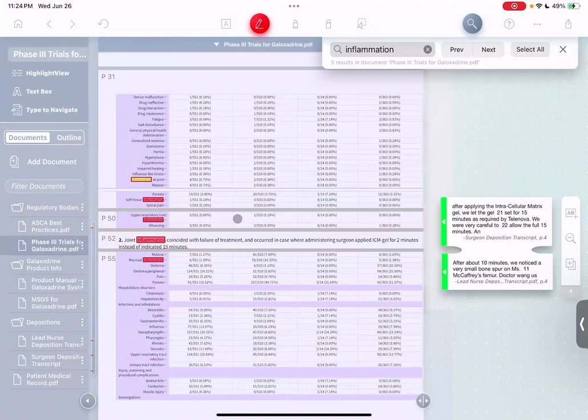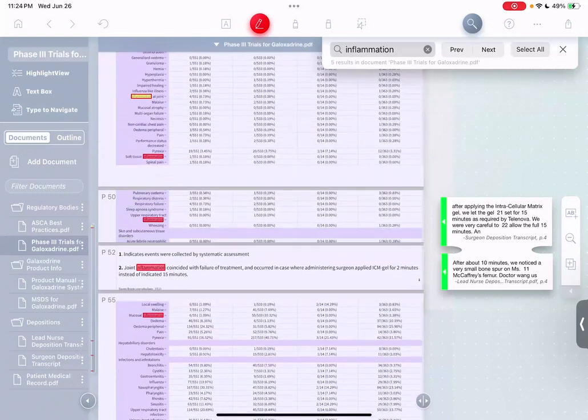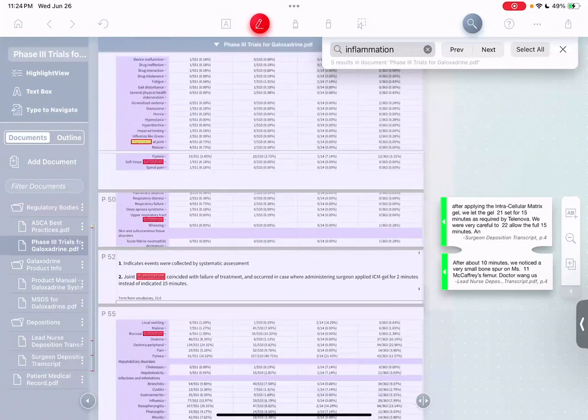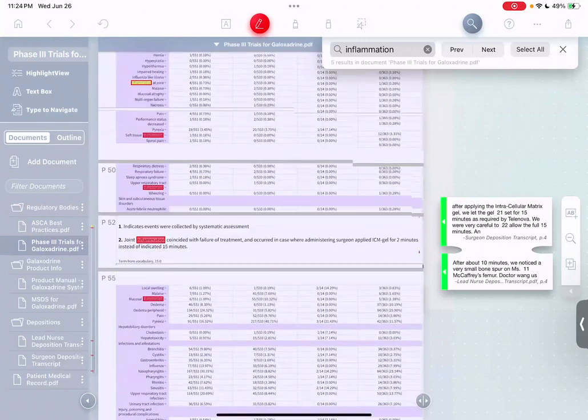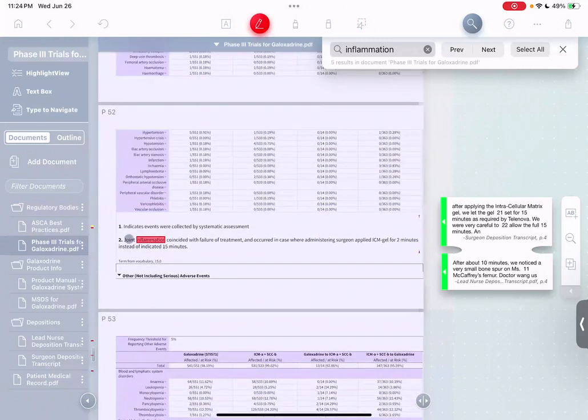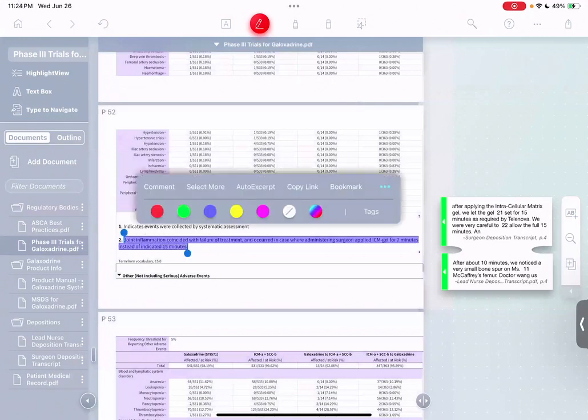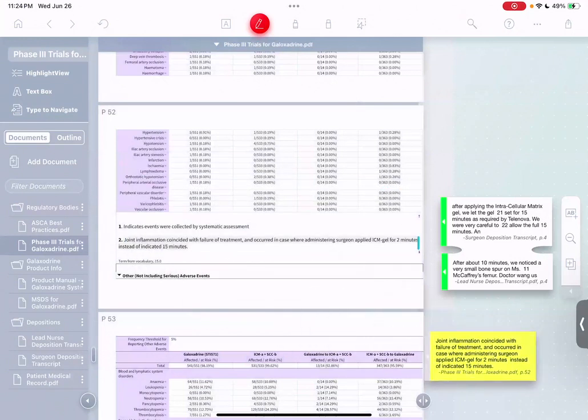I'll just put my fingers around there and squeeze apart. Nope, that one's not going to help me. Let's take a look at the next one. Yes, this one's definitely going to help. It turns out there was someone in the trials who had the same problem as our client because the surgeon messed up the timing. So we'll just turn off search mode here, and I'll select this, pull this into the workspace,